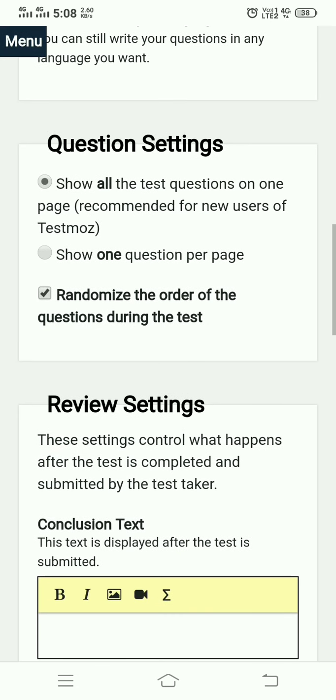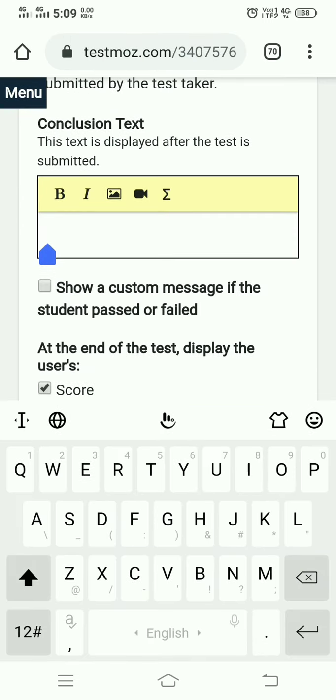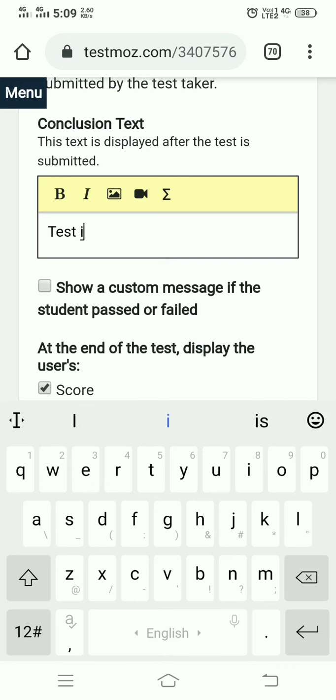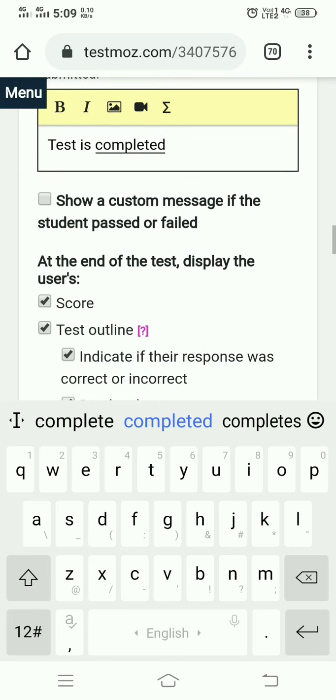Again you can click randomize. Here randomize the order of the questions during the test. So the question ordering is shuffled. After test finishing, we can display the message that test is completed. Again you can set the custom message.